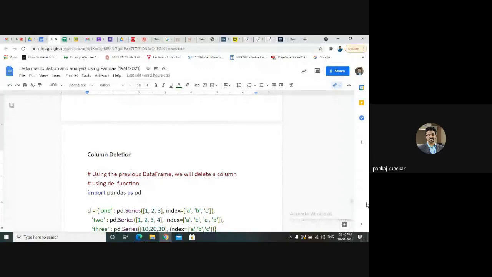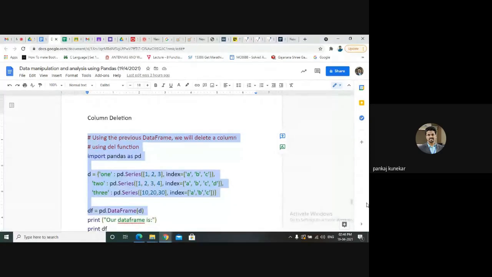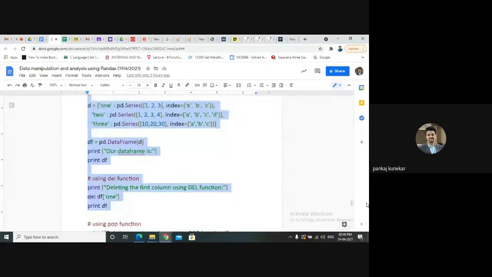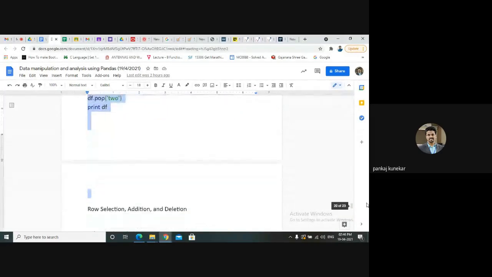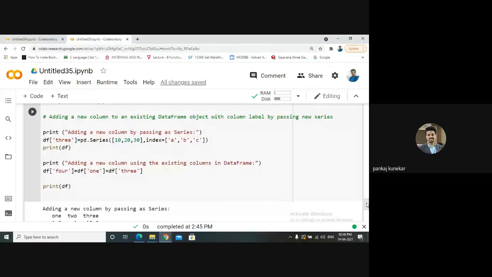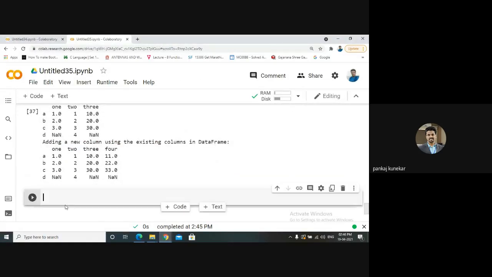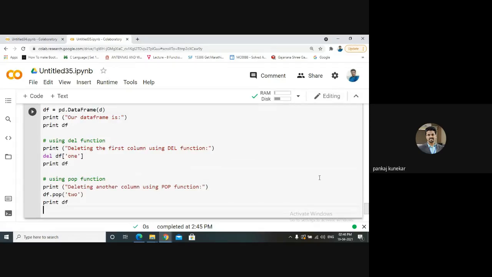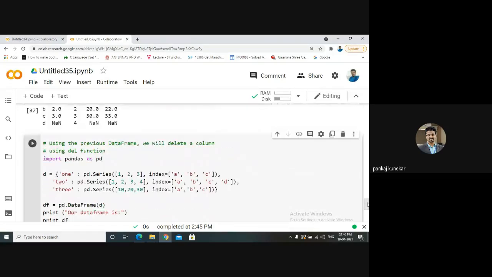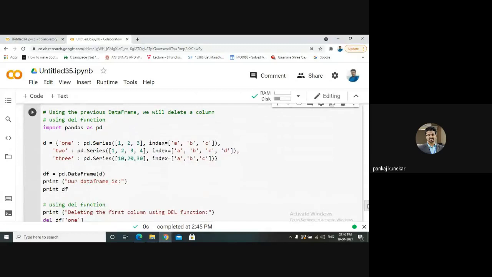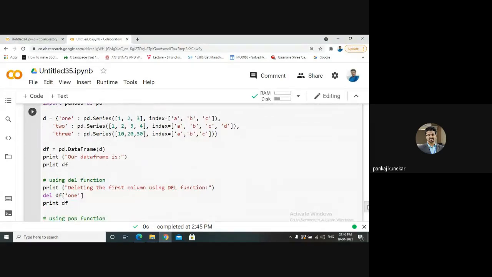We can perform deletion. We can delete some column from your data frame using the del function, or we can use the pop function to delete your column from your data frame. Here, the data frame is created using series 1, 2, and 3.